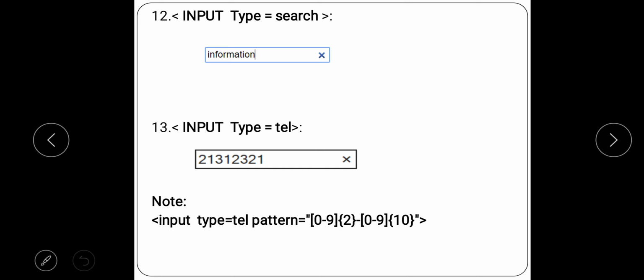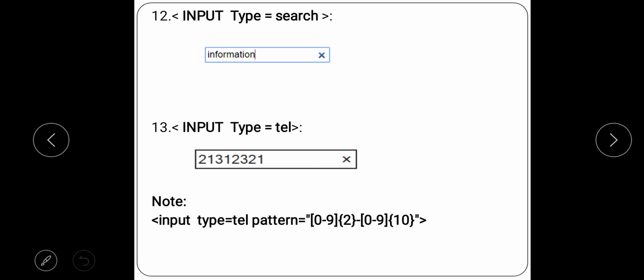In the pattern I am using double quotes, and in the square bracket I am giving the range of the numbers, from where to where. After closing the square bracket, I am using curly braces and I am saying 2.